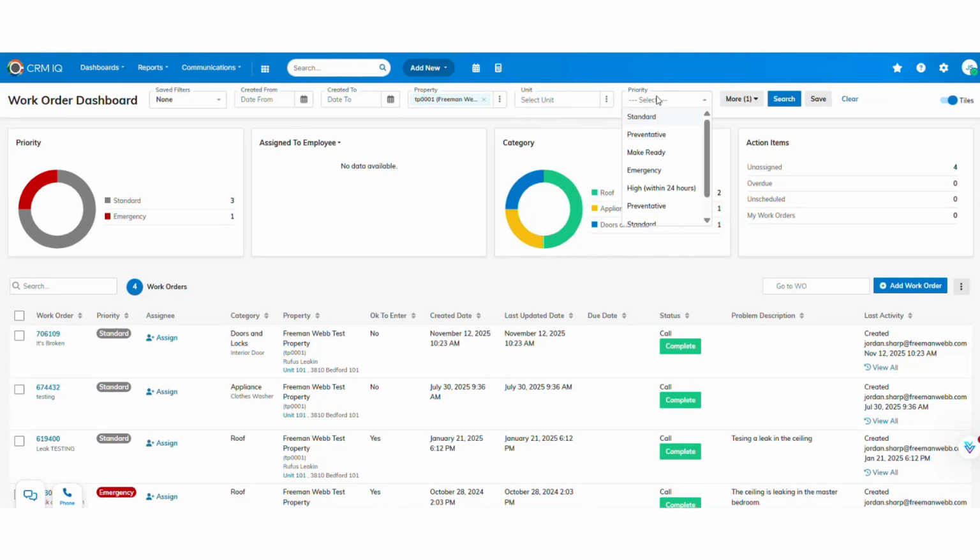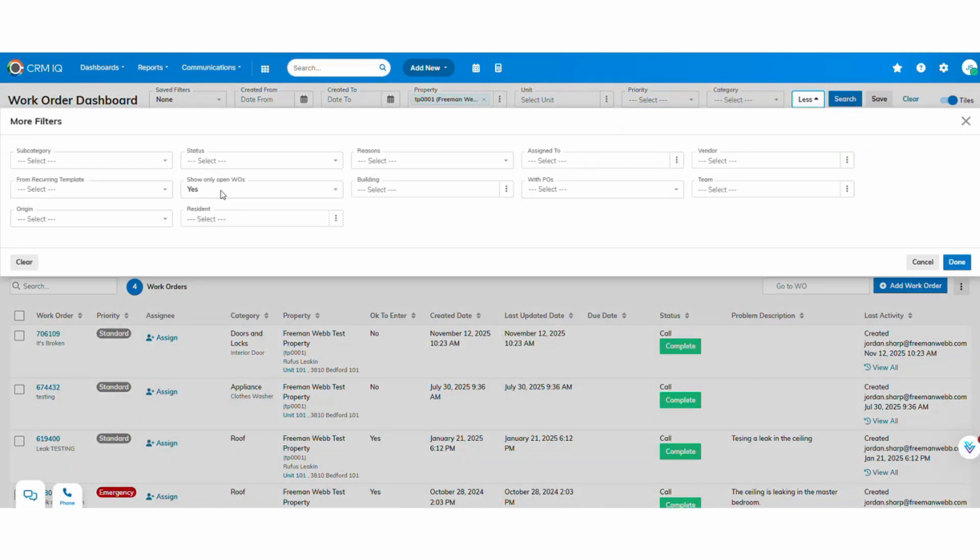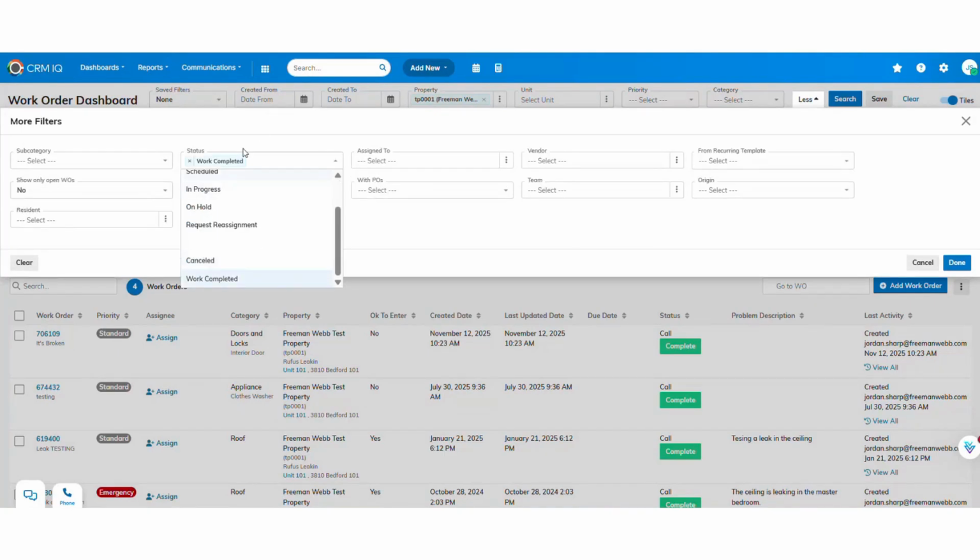You'll see what priority. If you wanted to limit it to a specific priority, you could do that. And then you have a bunch more options if you click on this more. For example, if you wanted to see not just open work orders, but all work orders, you could switch this to no, and that will open everything up. If you wanted to see just work orders that were completed, you could check the status, switch this to work completed right here, and this will open up only work orders that have been completed in your system for a